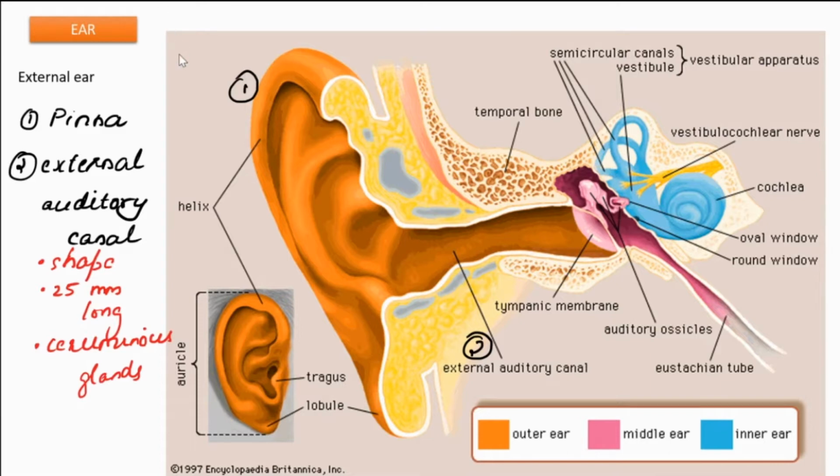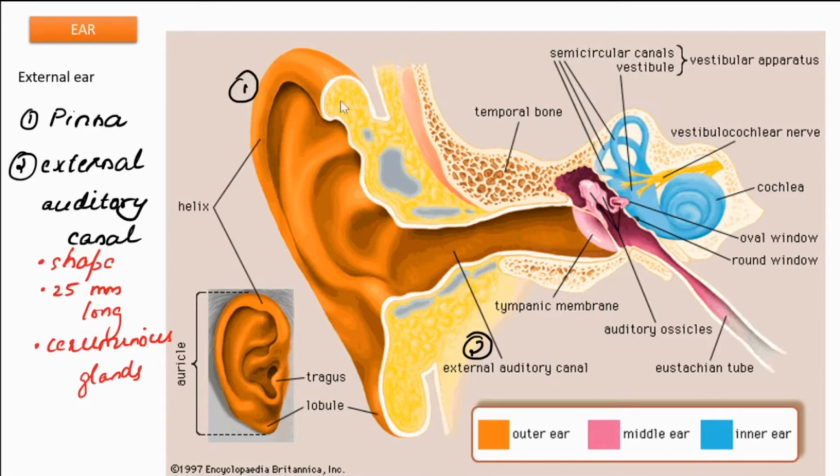So, our ear can be divided into three parts: an external ear, a middle ear, it is given here, and an inner ear. External ear up to this much, middle ear, all these regions, and inner ear, this region. These are the different parts of the ear. In this section, we will learn in detail about all these parts. First, we can learn about the external ear.